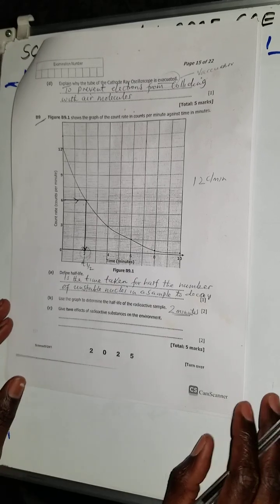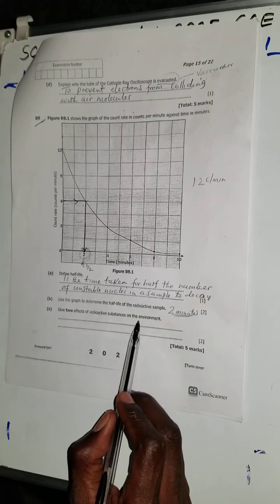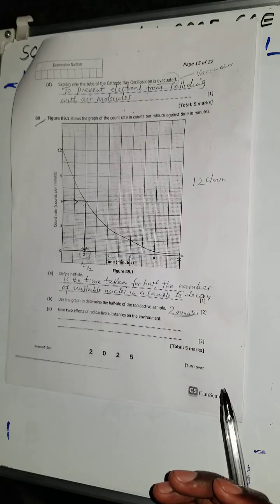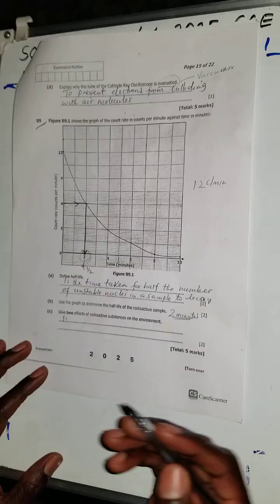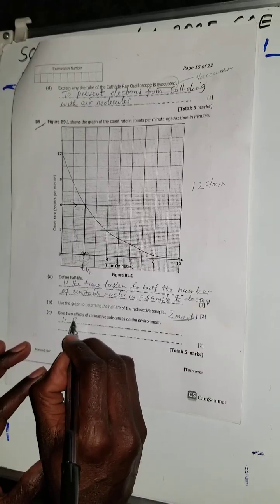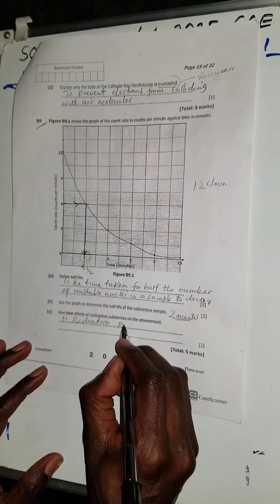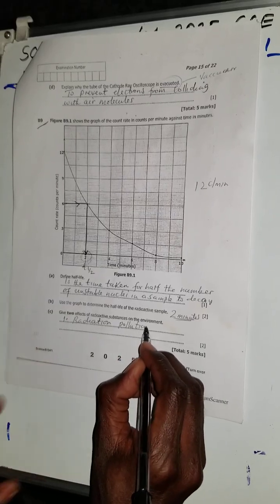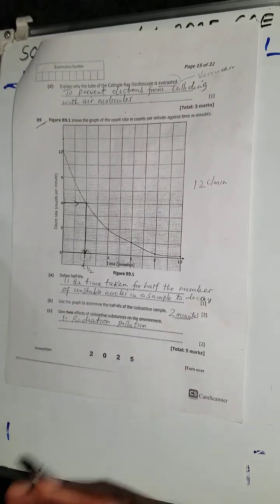Then it's the last one there. C says give 2 effects of radioactive substance on the environment. So what effect does it have on the environment? Probably there are so many effects you can talk about. One, we can talk about maybe radiation pollution. Usually on the environment, radiation causes pollution, in the sense that it is capable